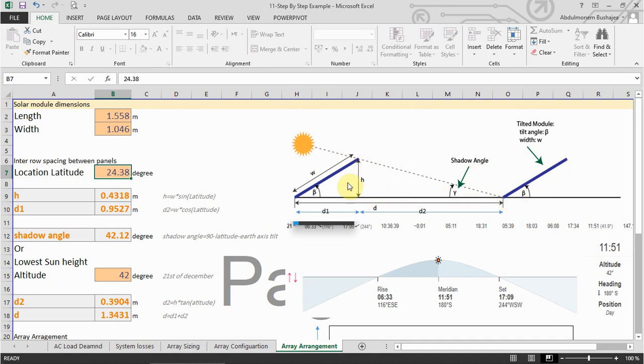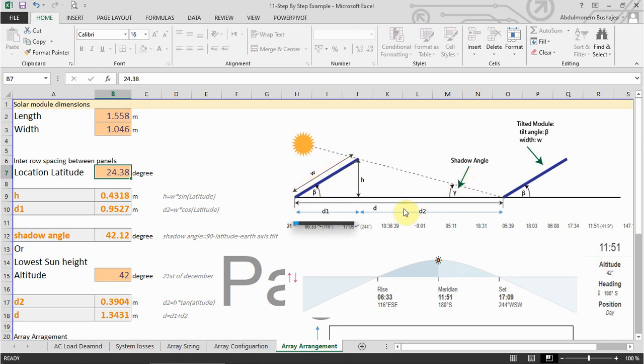So in order to be able to calculate this, we need to know the angles, and we need to know some dimensions, for example, H here. We already know the tilt angle for this place, which is equal to the location latitude, which is 43.38. This is for beta. But for gamma, which is the shadow angle, we still don't know it. And also we don't know the distance from the beginning of this module or from this row to the other